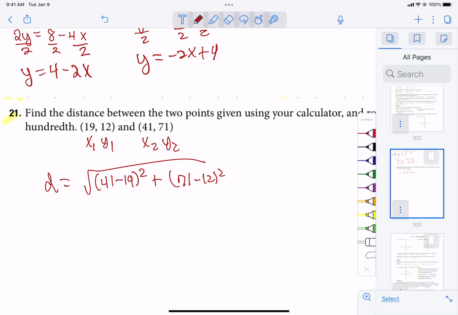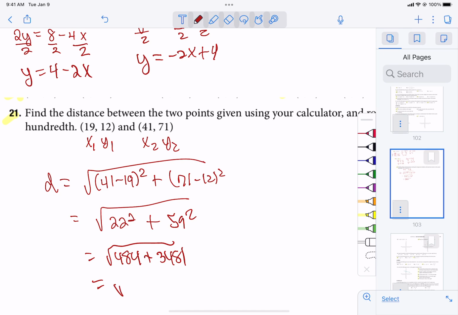Do those subtractions next. You always do what's in the parentheses first. So that's going to be 22 squared. 71 minus 12 comes next. That's 59 squared. Now you have to square them and add them together before you're allowed to do the square root. You can't touch the square root until the very end. And so that's going to be 484 plus 3481. And it is the square root of that answer. If you try to do the square root of the pieces, you are going to get an incorrect answer. So it is the square root of